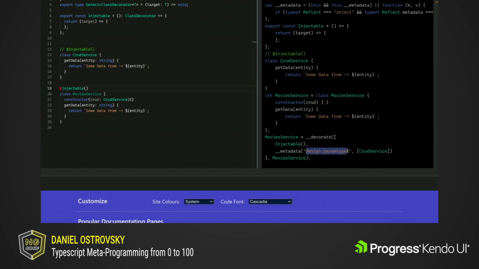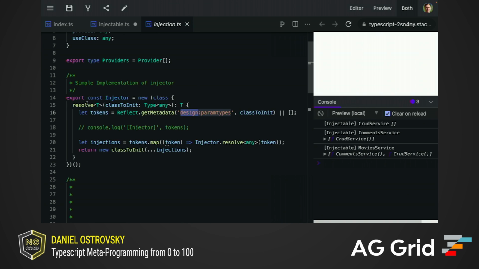You can see here that the metadata was saved on this class with this key, so we can retrieve this information. And there's a simple recursion function that takes each one of the classes before its instance is returned. What it does is go deeper, check whether the dependent class has its own dependencies and resolve them, and so on, and then it returns the entire tree of classes with their dependencies for our instance.